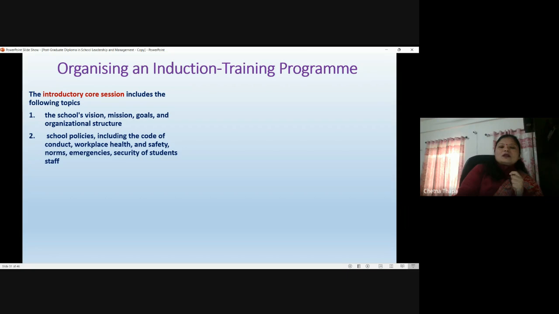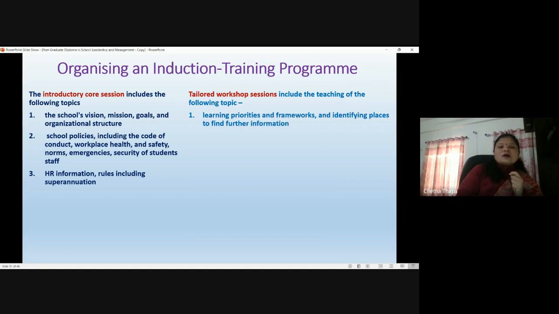You will include the code of conduct, work health and safety norms, emergencies, the security of the students, and also the HR information, including the superannuation. So these are all provided in the introductory course session. Secondly, there are certain tailored workshop sessions. There are fragmented